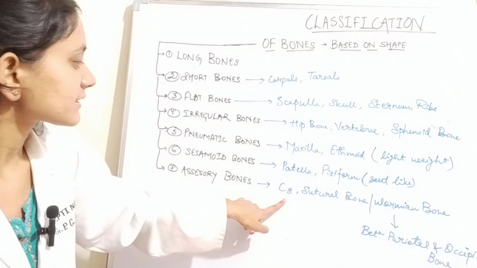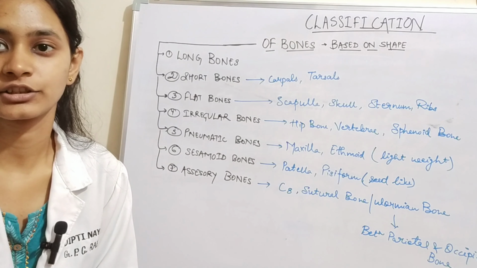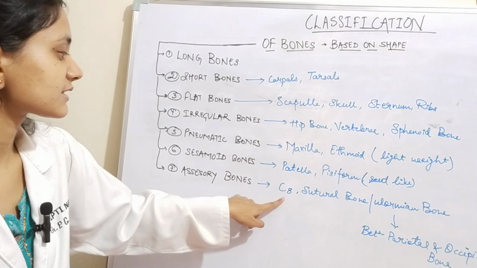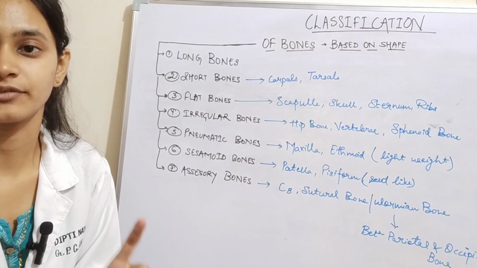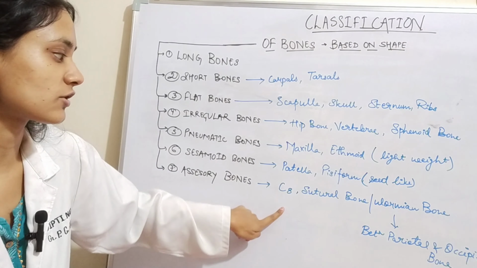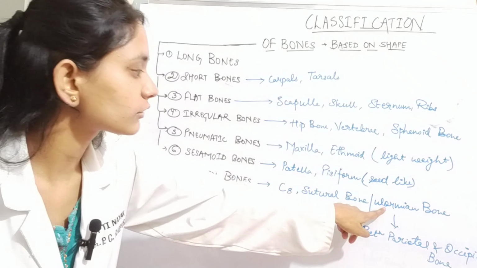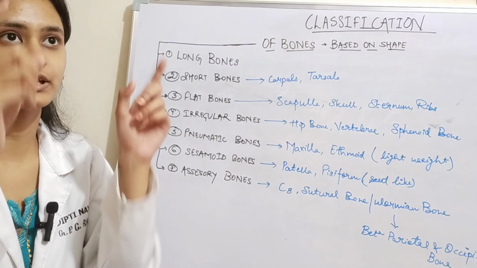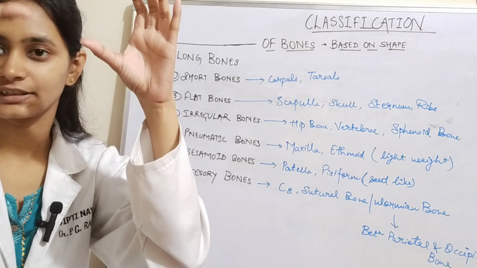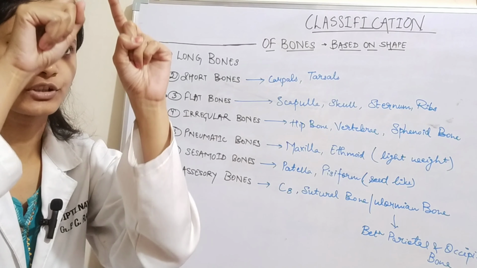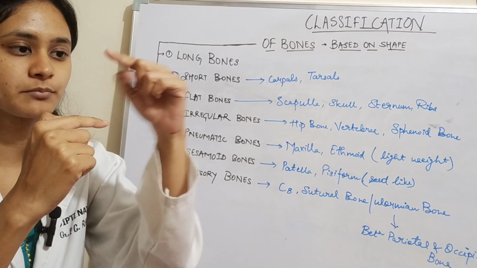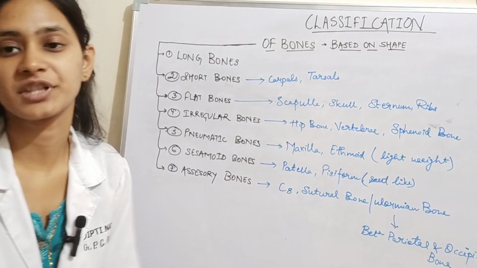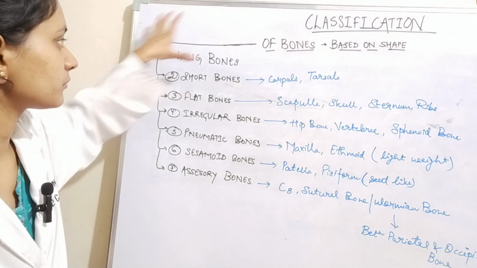Accessory bones are bones which are usually not present and you cannot see them, but in rare cases we have seen these kinds of bones. For example, normally we have only C7 in the cervical region, but a C8 can also be present. Also the sutural bone or Vermian bone is formed between the parietal and occipital bones. If you see the back region, you have two parietals and then the occipital. Sometimes between the two parietals and the occipital, one small bone can be felt, and that is known as the sutural or Vermian bone. So this is your classification based on shape.